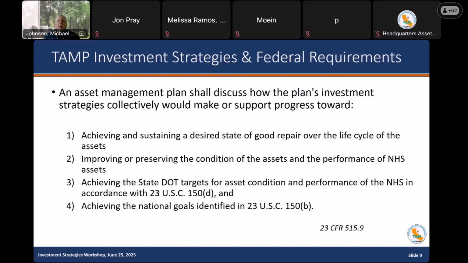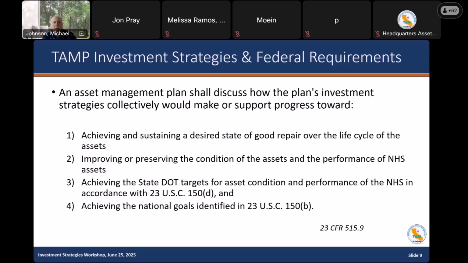Okay, so this is bringing in the life cycle planning component. Improving or preserving the condition of assets and performance of the National Highway System assets. Achieving the state DOT targets for asset condition and performance of the NHS in accordance with the United States Code 150, subsection D. With respect to number 3, when we say the state DOT targets, the way that Caltrans